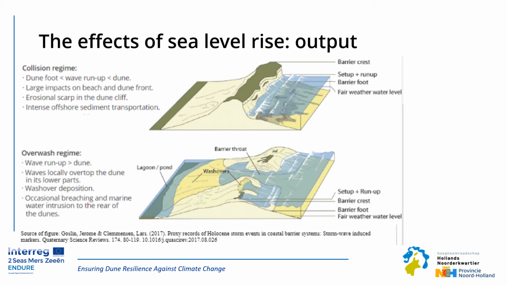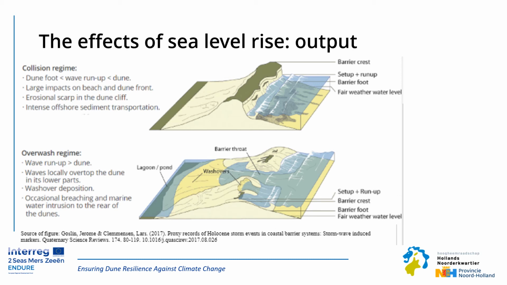To assess the impact of sea level rise on coastal systems, storm impact scale regimes are used. When the impact of a storm is very large, waves may break through the dunes. The dune environment has changed in this situation, the so-called regime. For dune systems, 4 different types of regimes are distinguished, describing the state of the system. We have the swash, the collision, the overwash, and the inundation regime.